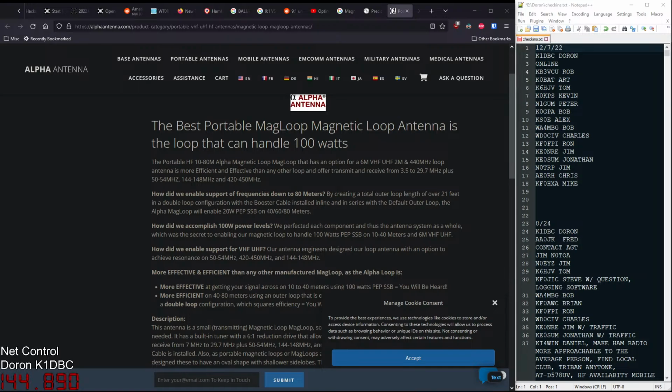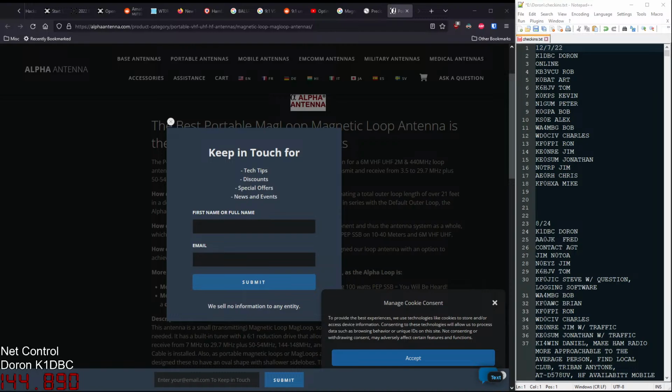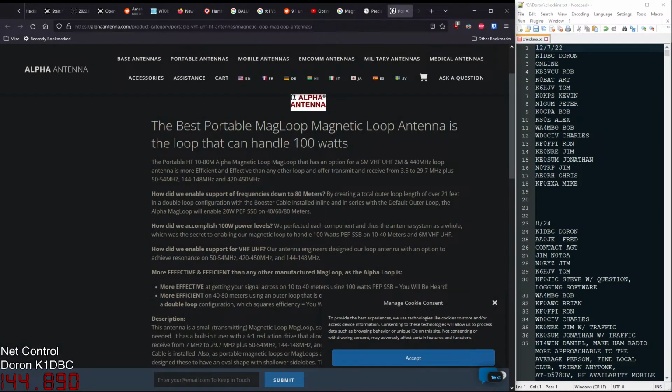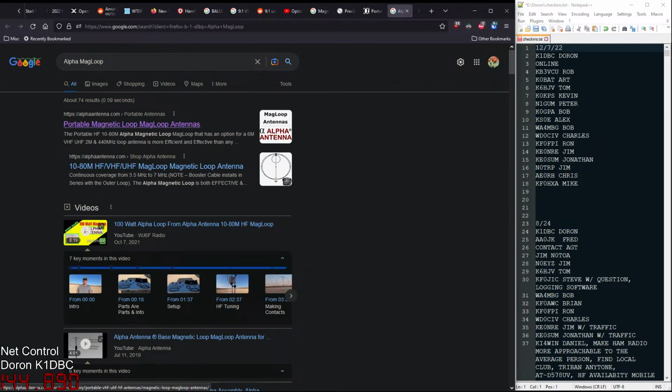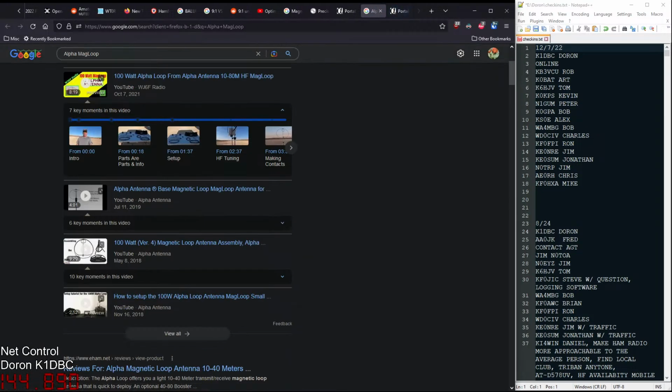For the uninitiated, as we always are sometimes, it is just another type of antenna that you could use for transmitting. Portable HF, 10 through 80 meters, 6 meters, 2 meters, and 440. So, the whole spectrum essentially that we have access to, a mag loop can basically do. A little bit more compact, a little bit more portable. I think we've spoken about the Alpha Mag Loop, and there have been some others in the past, and I can't remember which ones they were. There are definitely a lot of